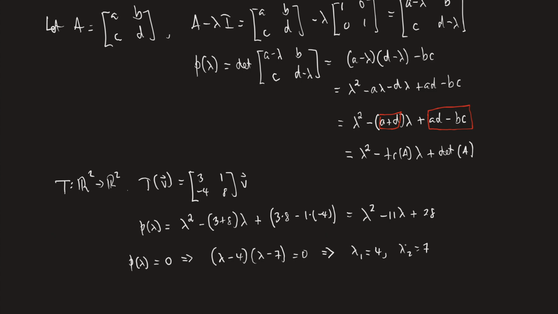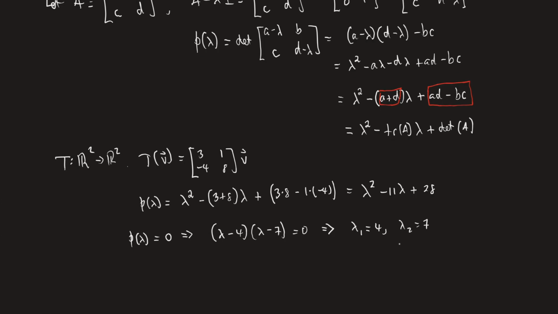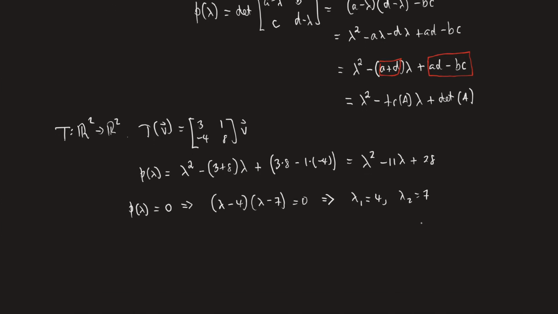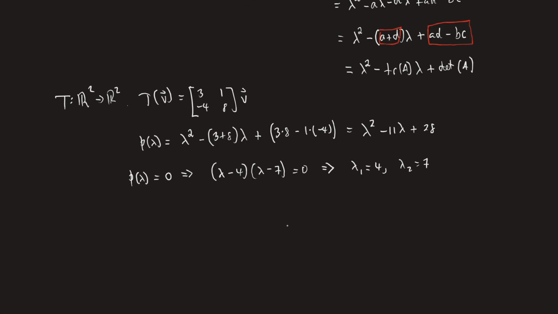But what we can say just at this step is this particular linear operator has certain special vectors, and we're going to see that there are infinitely many of them, where whenever they're transformed by this operator, they get multiplied by a factor of 4 or by a factor of 7. And what's remaining is we want to know which is which. All right. So what we have to do for each of the lambdas now is to go back to that